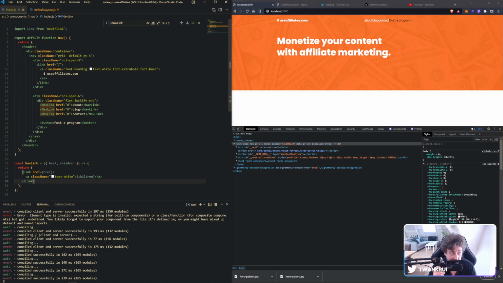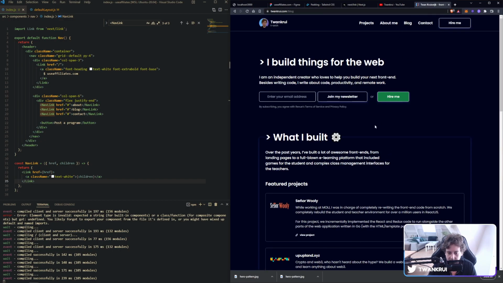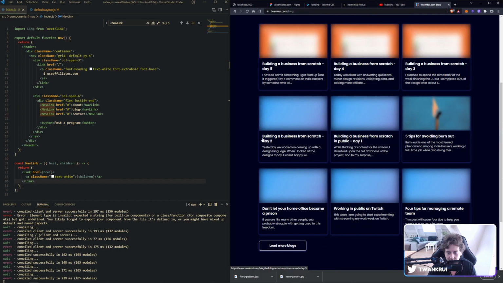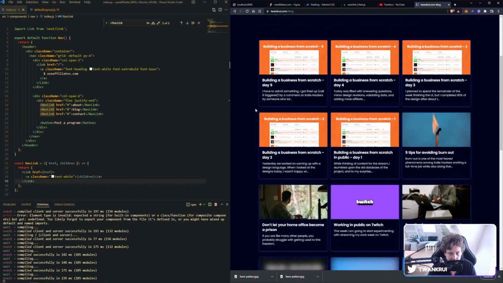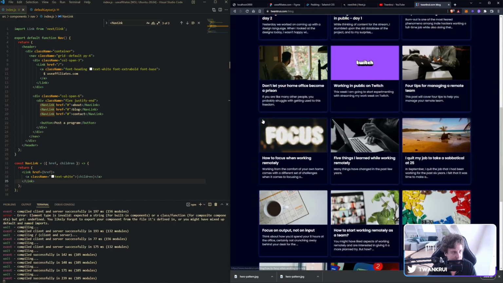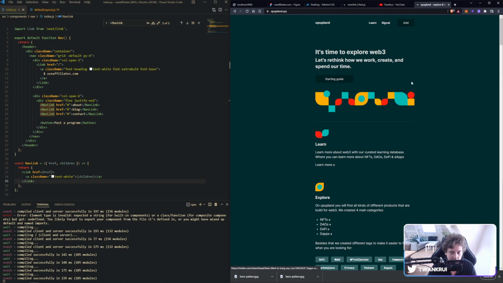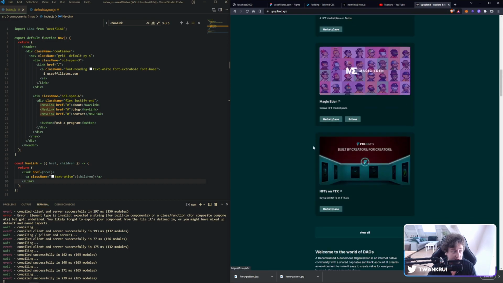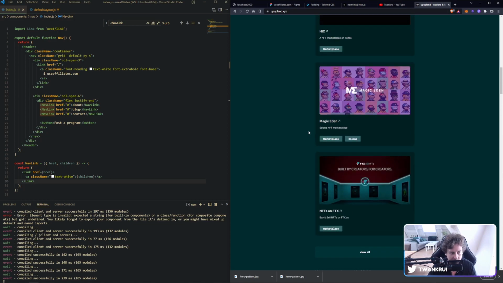Notion for database, yep, Notion for database, my man. I don't know if you have actually seen my website, but this is all Notion. And this is all Notion as well. And this is even faster because this is statically generated. You can do a lot of magic, man, together with